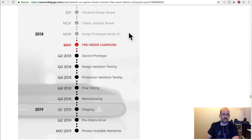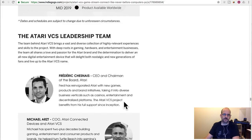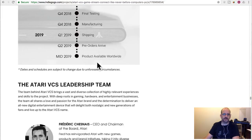Their timeline is actually, I like it because it's way off. They're giving themselves almost a year before they do pre-orders, and then it goes on the full market a year from now. So they're not giving you something too unrealistic. It'll probably still be a quarter late,